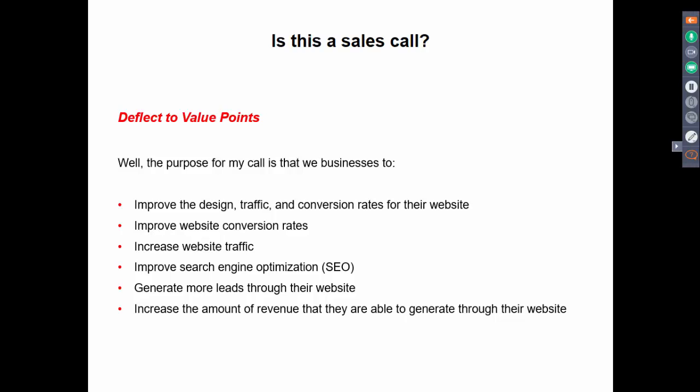That can be the beginning of your script. By the way, I should point this out. There's multiple bullet points here. You don't need to read them all. These are just different options for you to use. Depending on the prospect that you're calling, and your research, you might want to say one bullet point over another. You might say 2 or 3. So you just have these different options. Just want to be sure to point that out.